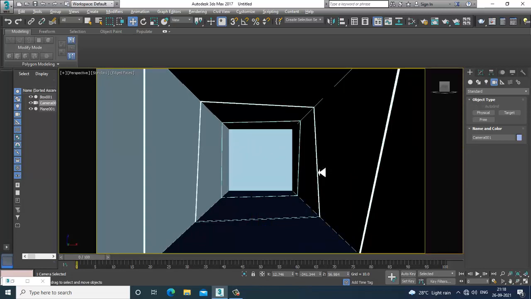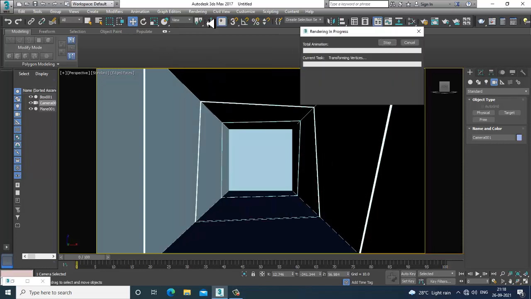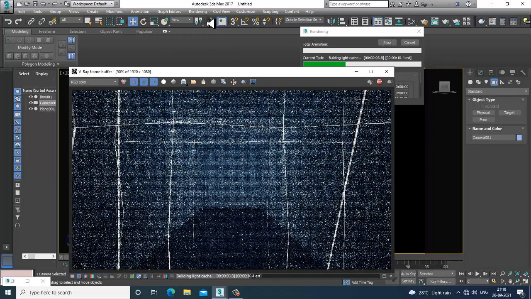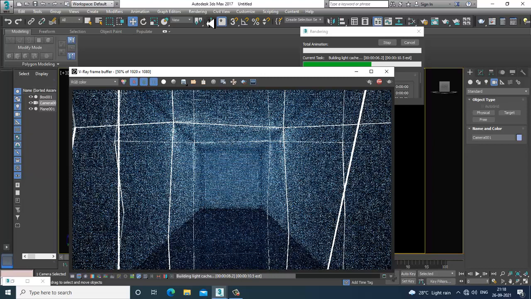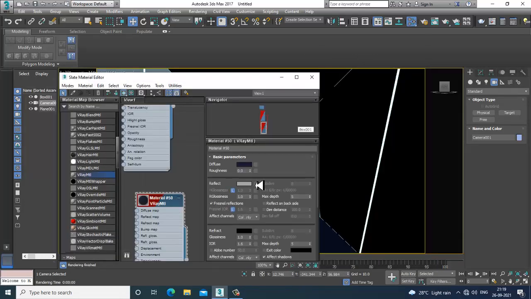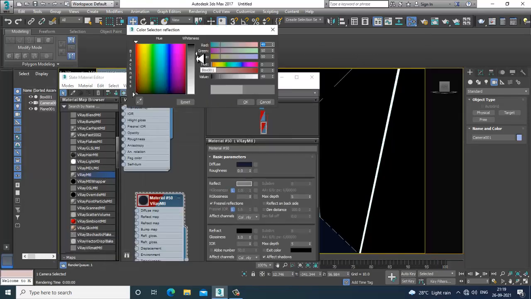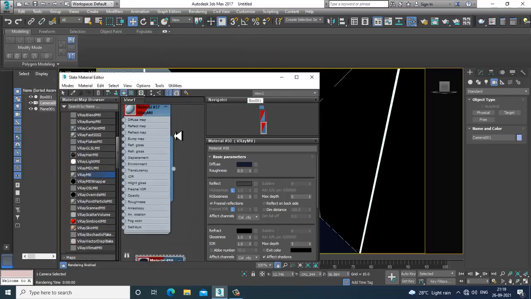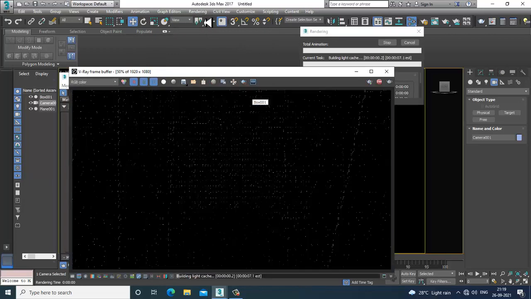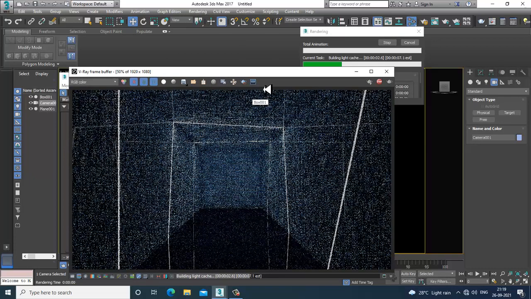Now let's just render and see. Okay, I think the reflections are very high. So I'll go into this and reduce the reflections. Please reduce the reflections because the reflections are very high, as you can see.